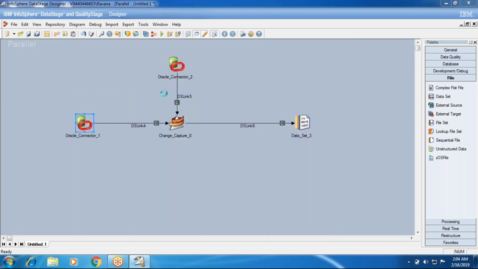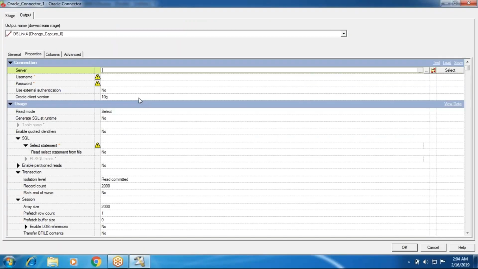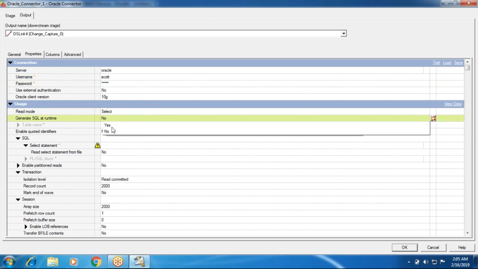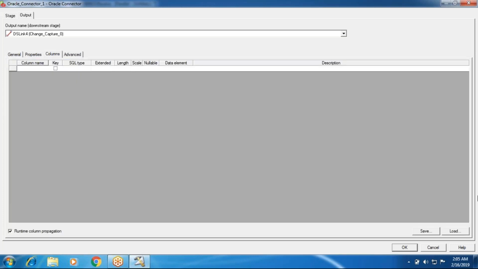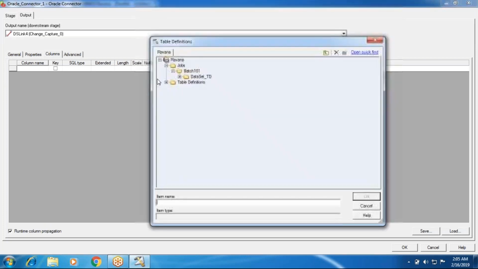And import the data: Oracle server, Scott, Tiger, and here I'm going to give the EMP table and load the EMP table definition.